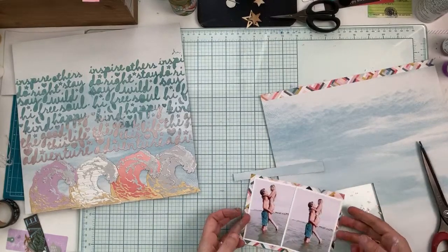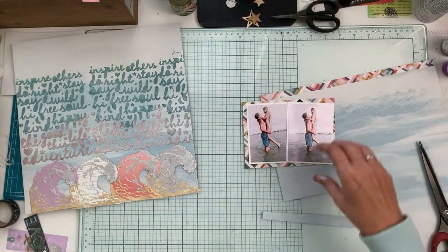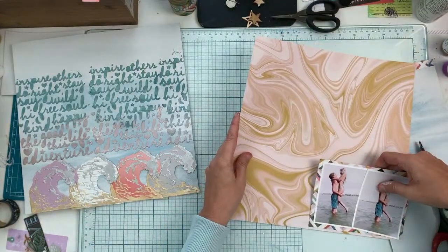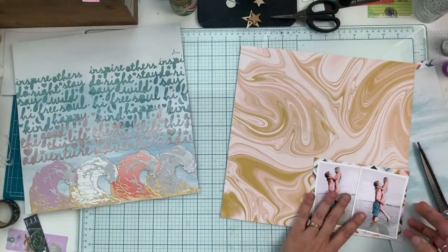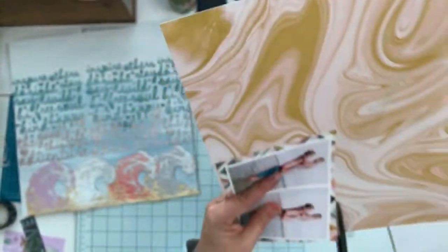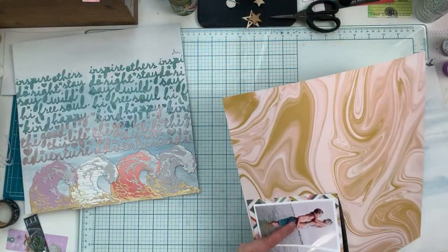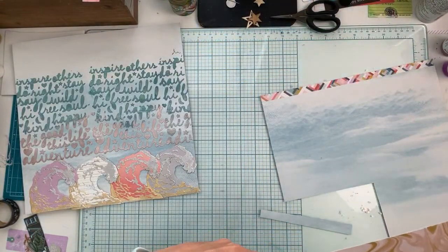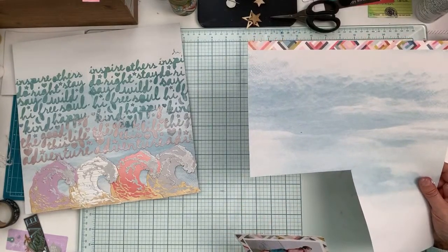Okay. So because I did it that way, I'm going to mat it with something else down at the bottom. It's a little bit of a double mat. That's good. Heather Balzer, I know you're cringing right now that I'm just cutting away, aren't you? You guys, I looked at this for a second and I thought that